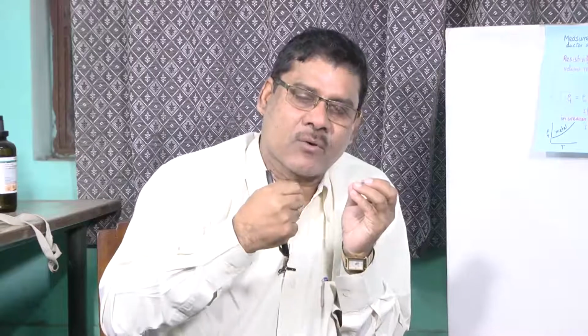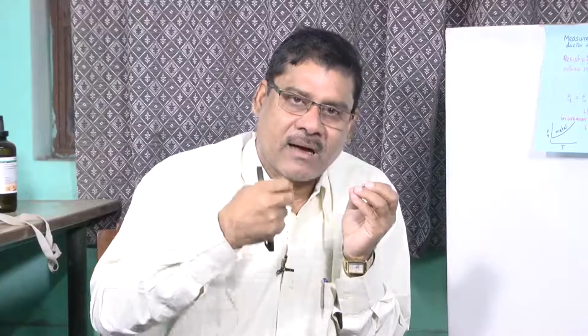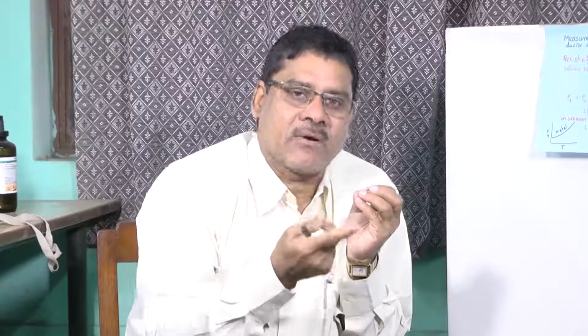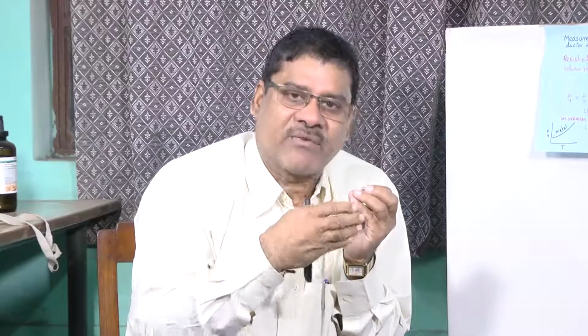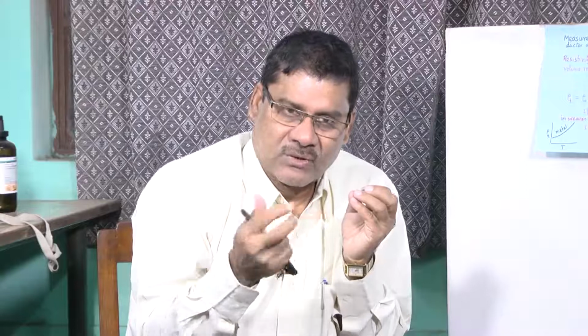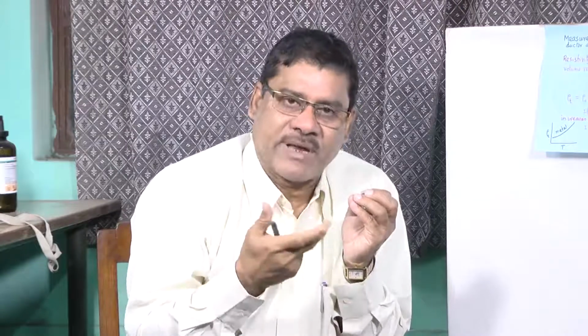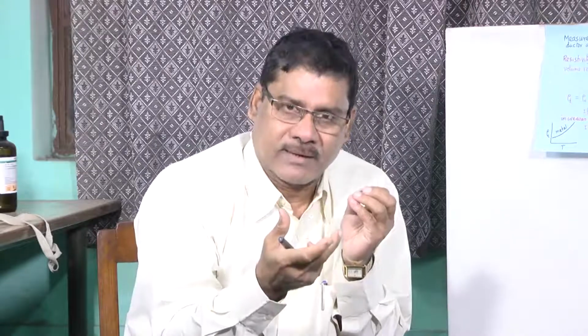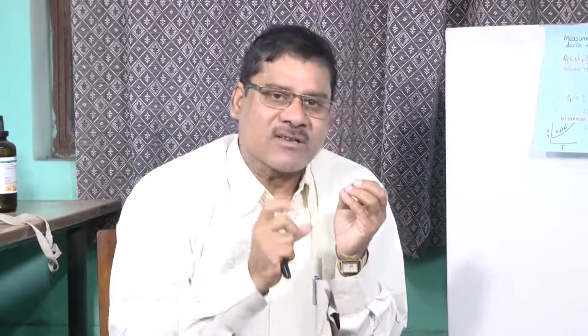So, whatever electrons are in the valence band, they are in the conduction band. So, they are free to move. So, that is why in case of metal we tell the free electrons are available. Okay. So, now in case of semiconductor,